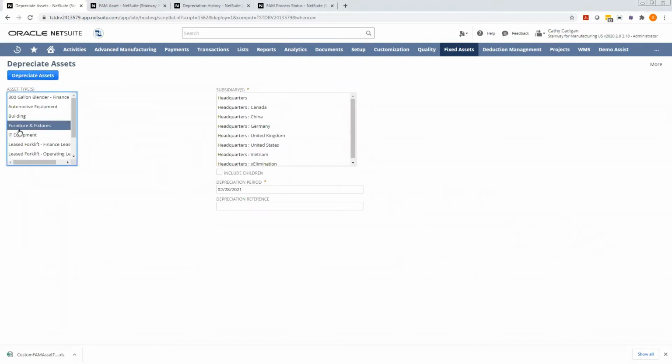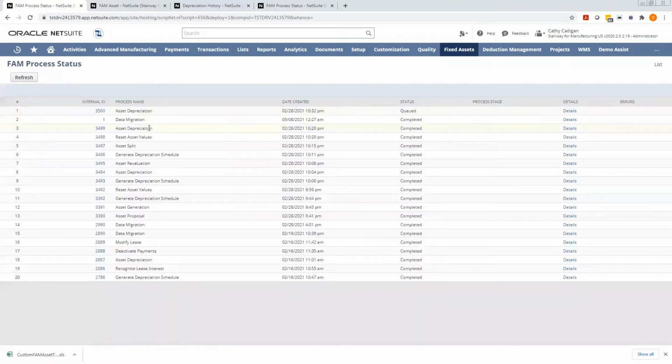I'm going to choose furniture and fixtures, the subsidiary that I'm going to generate it in or was generated from, and the depreciation period. Note this should be current period or prior, not future periods, unless you've made that setting change. Okay, so I'm going to hit depreciate assets, and it will take me to the status page. Okay, so I'll let that run, but I want to go ahead and show you